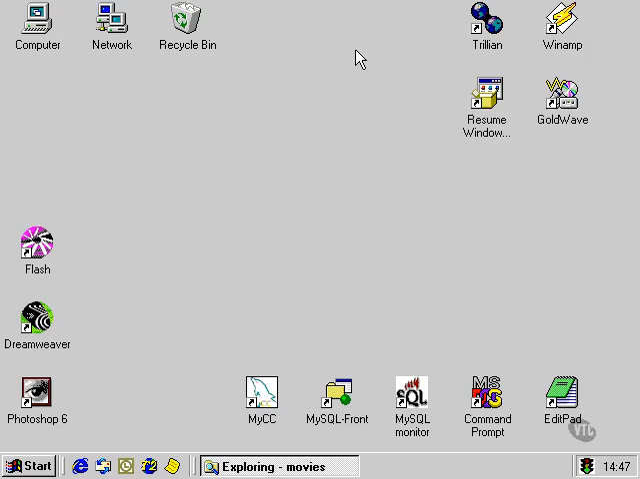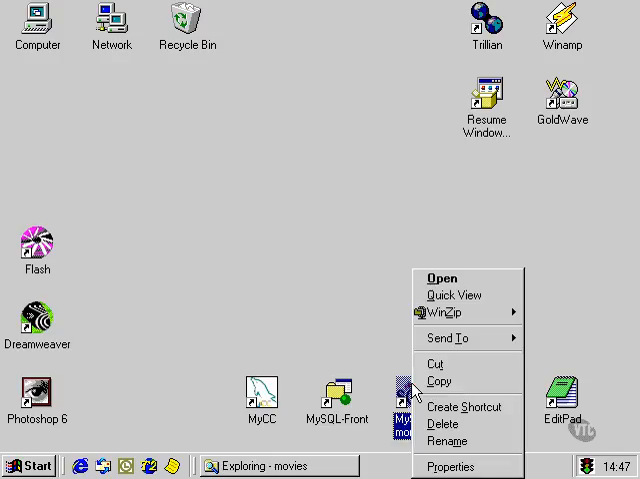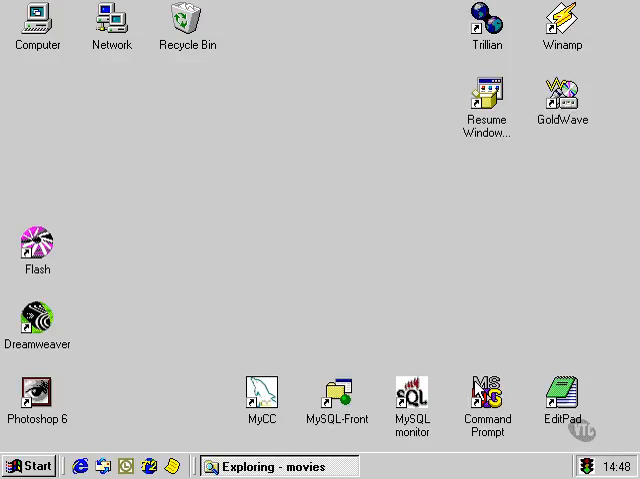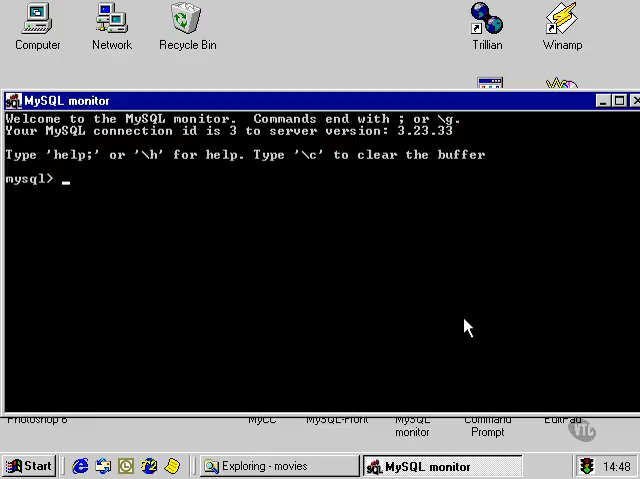Before we do any of this though, it'd be a good idea to get familiar with the MySQL monitor. Now I've created a shortcut to the MySQL monitor on my desktop, so I'm running Microsoft Windows, and as you can see, all the shortcut points to is the MySQL program in the bin directory. This path may be different depending on what platform and operating system you're running on and exactly how you installed MySQL and onto which drive. So that's all this shortcut is. If we open up the MySQL monitor,